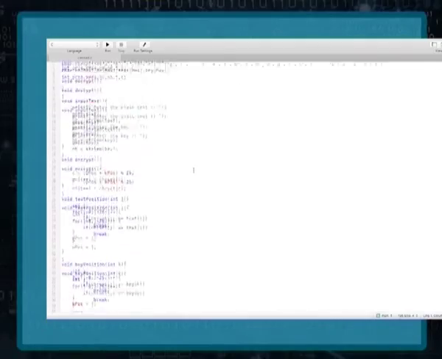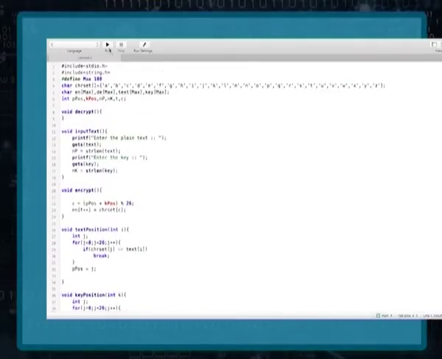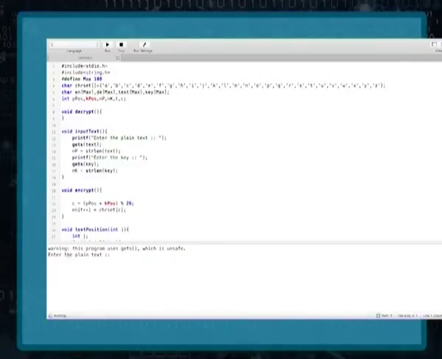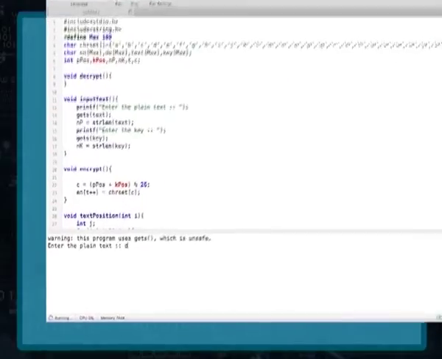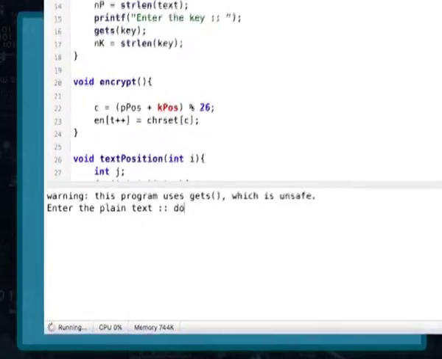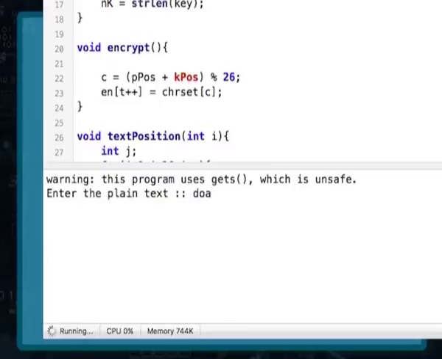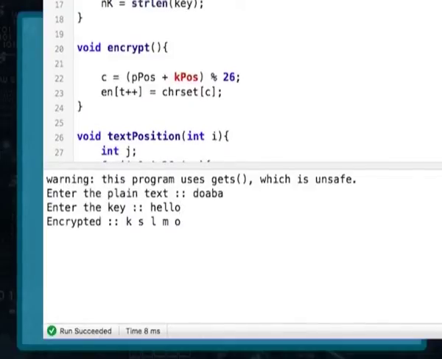Let us compile this one. Now, let us run it. After running the program, first of all, you need to enter the plain text to be encrypted. Let it be again DOABA. Now, enter the key. Let the key be HELLO. Now, the encrypted text is